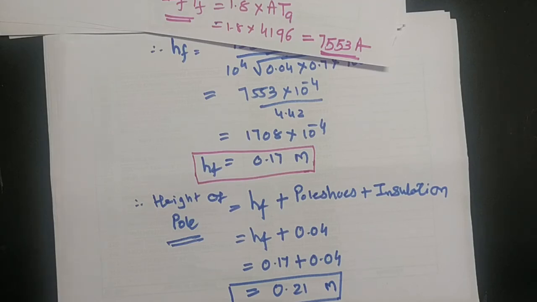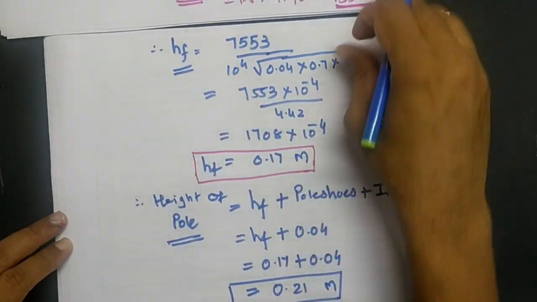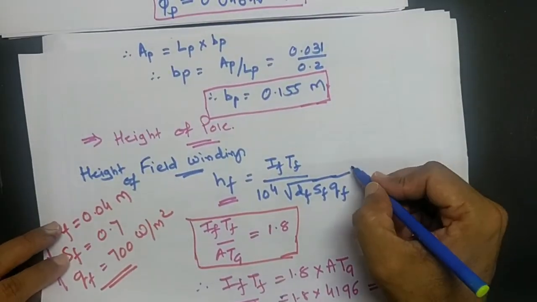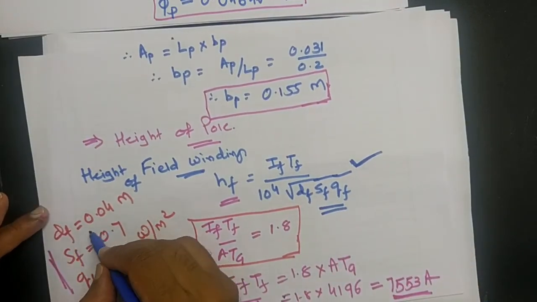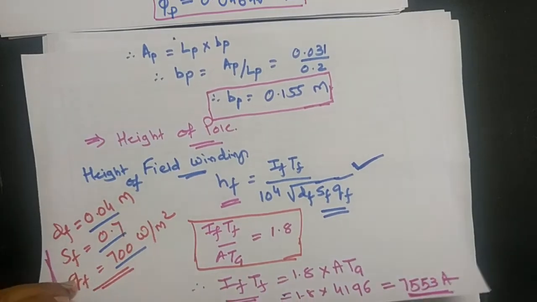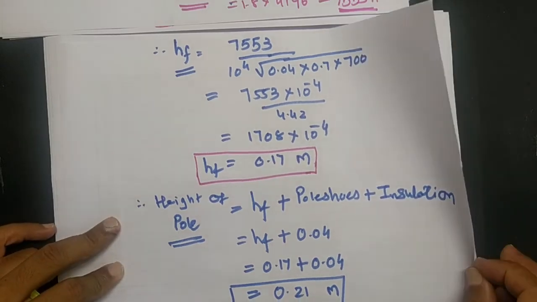Length and width are simple to calculate, but to calculate the height of the pole, first we need to calculate the height of the field winding. We have one very simple equation, but some of the values we have to choose, we have to select a very appropriate value. Based on these values we can calculate our temperature rise, and if the temperature rise is not within the limit, then we have to recalculate all the values, and whatever values we have assumed, we need to change.